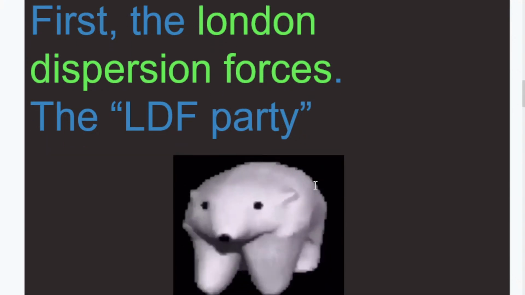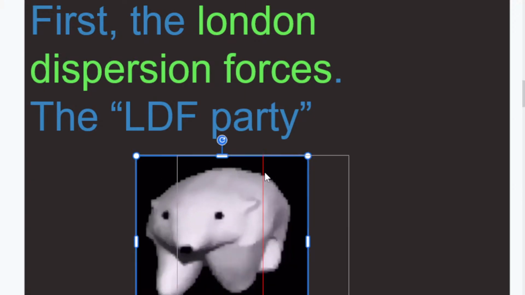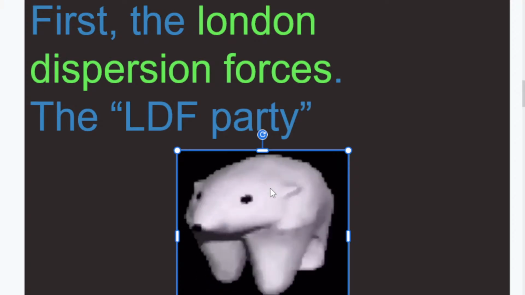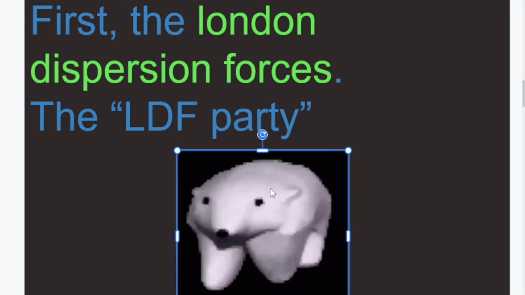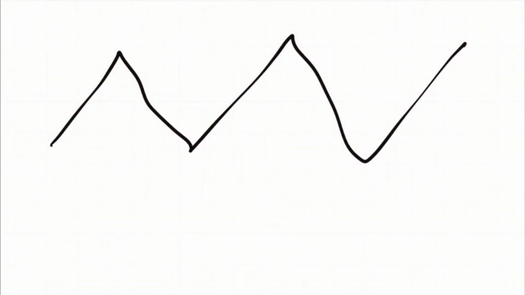So first, let's talk about the London Dispersion Forces Party, the LDF party. You're going to notice that all of these parties are similar in some ways, but the LDF is not a particularly aggressive party, or the political term might be an extreme party. If I move over to my paper, you're going to see here we have the molecule hexane. What is really important is that we remind ourselves that hexane does have its CH bonds going on. And of course, right here, whenever we have 2 lines coming together, there's also an atom there, but sometimes we don't show it as chemists.